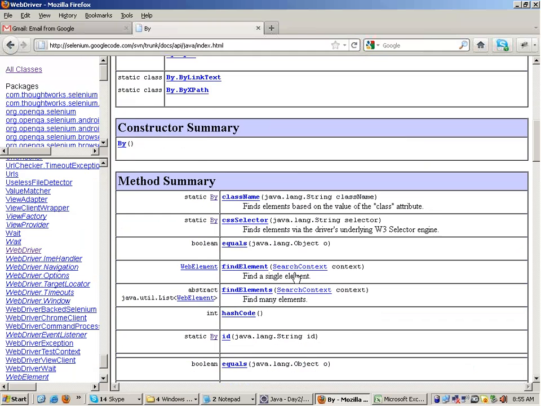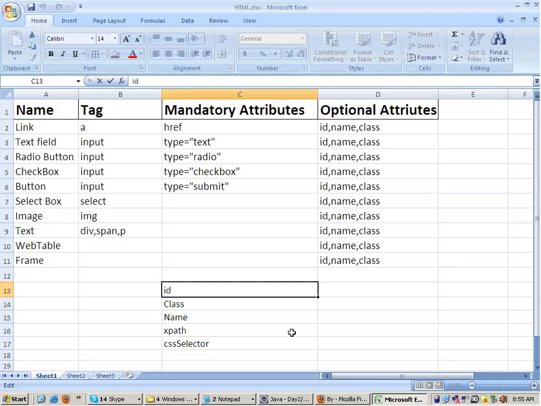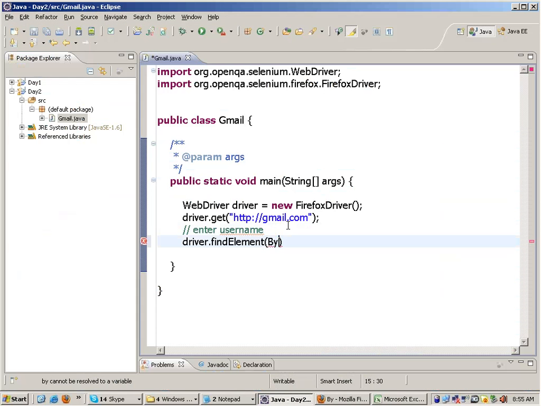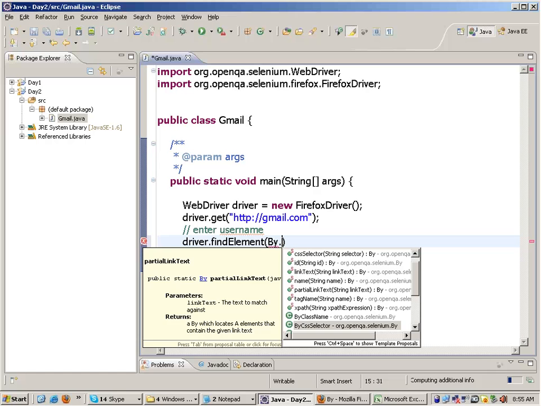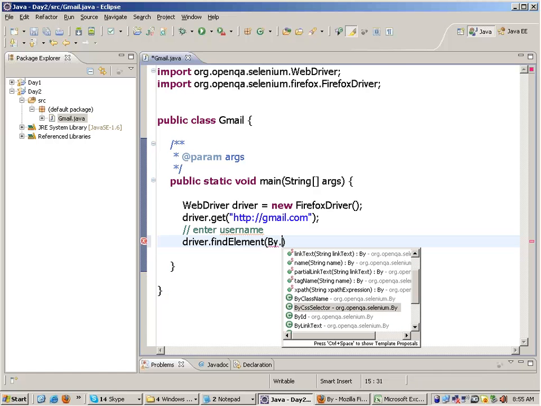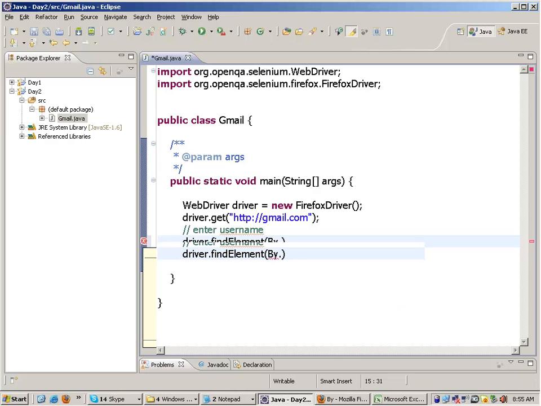You can identify the element by class name, CSS selector, ID, link text, name, and a lot of things. Tag name. So you can write By dot, and you'll get all the options on which you can extract the element from the page. So I write over here By the ID,